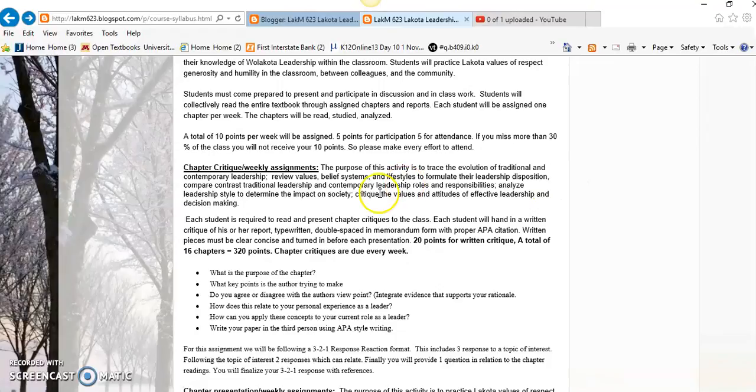So, chapter critique and weekly assignments. You will be expected to write weekly. And it says the purpose of this activity is to trace the evolution of traditional and contemporary leadership, review values, belief systems, and lifestyles to formulate your leadership disposition, compare and contrast traditional leadership and contemporary leadership roles and responsibilities, analyze your leadership to determine the impact on society, and critique the values and attitudes of effective leaders and